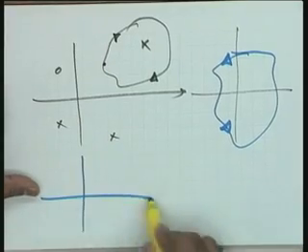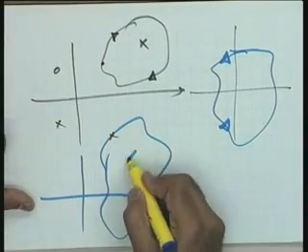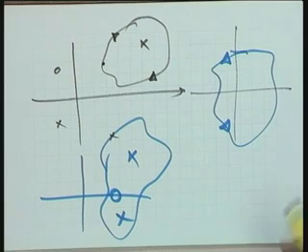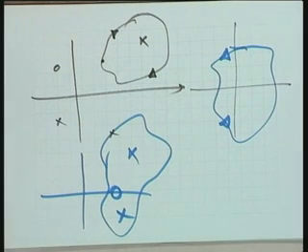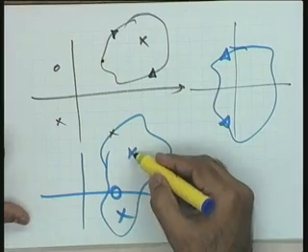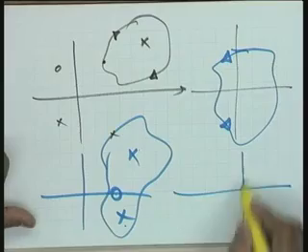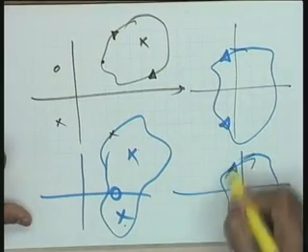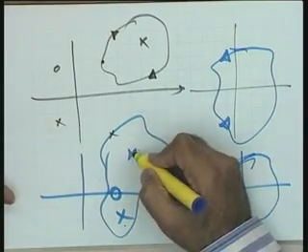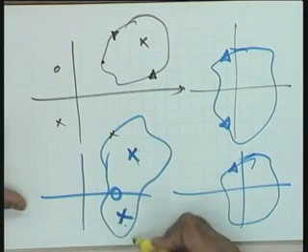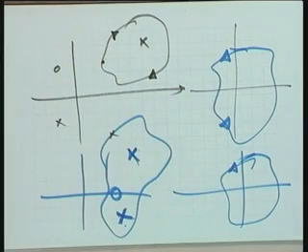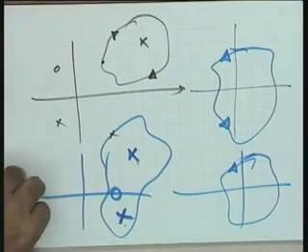And now extend this situation. This is your contour, it has got 2 poles and a 0. In that case, 2 counterclockwise and 1 clockwise, there is one net rotation in the counterclockwise direction, because the 2 counterclockwise rotations are given by poles and 1 clockwise rotation is given by the 0, and therefore the total counterclockwise rotations are 2 minus 1 equal to 1. Please see, what I want to say is this.